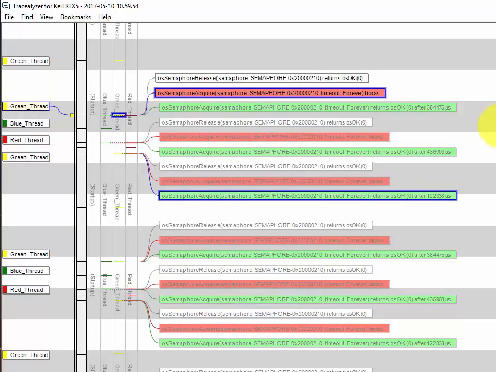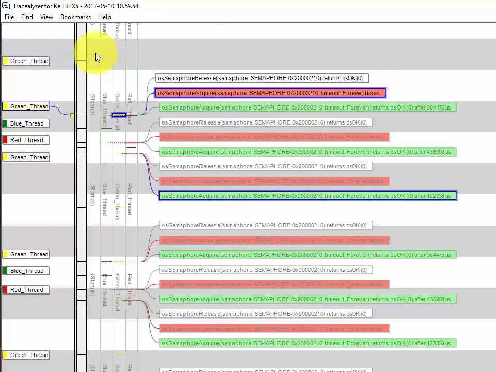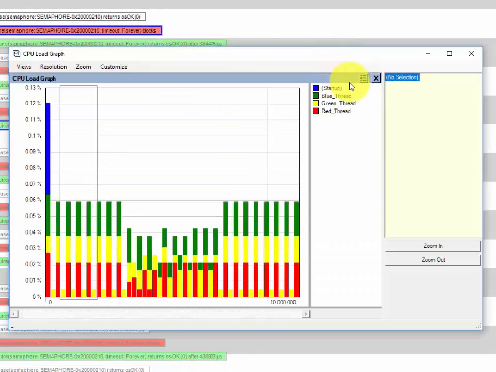Now, there are a lot of ways that we could analyze this data rather than just scrolling through and trying to manually look through the timing associated with our system. We can come up here to the view, and you can see there are a lot of different views that we can look at. For example, I could look at the CPU load graph. This CPU load graph shows me, while my system was running, when threads were executing and how much CPU load they were using. So you can see here's my startup. Here's the maximum load on the